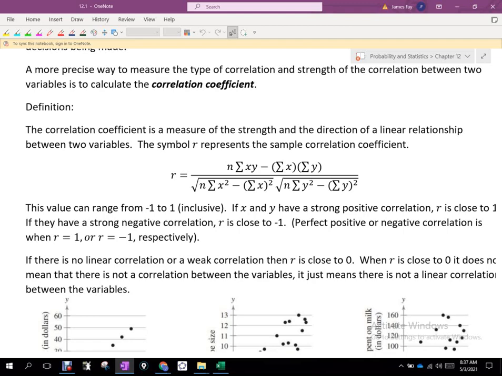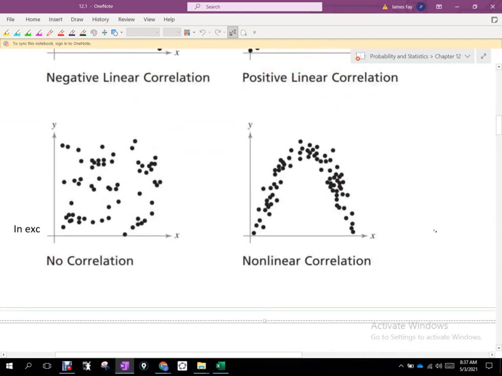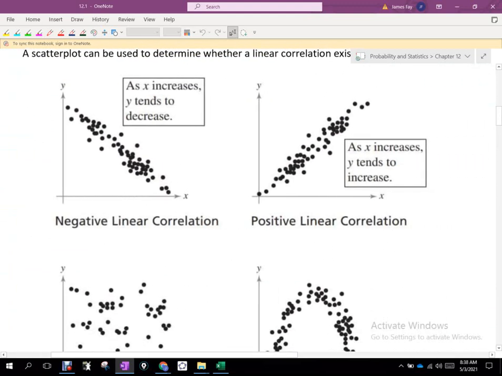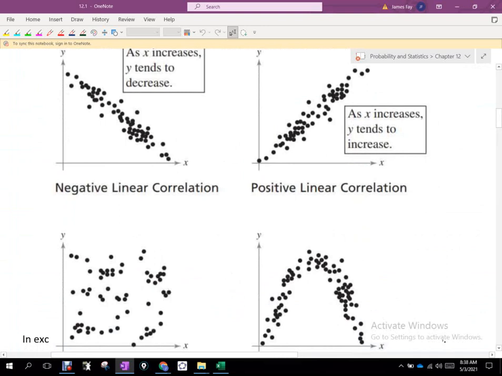Correlation is just a math term for relationship. We talked on Friday about the things we could have, and these aren't the only representations, but these are the most common things we're looking for. We're going to be looking for what we call a negative linear correlation here. This one here is a positive linear correlation. And those are really strong